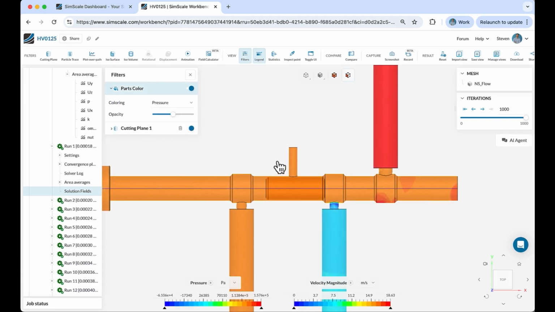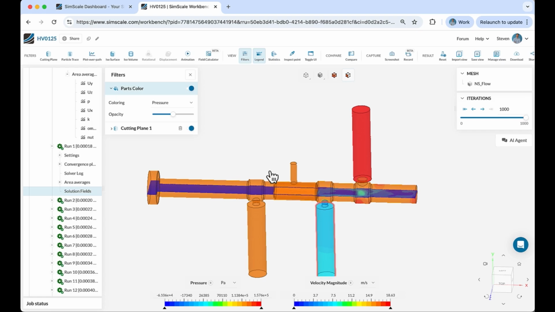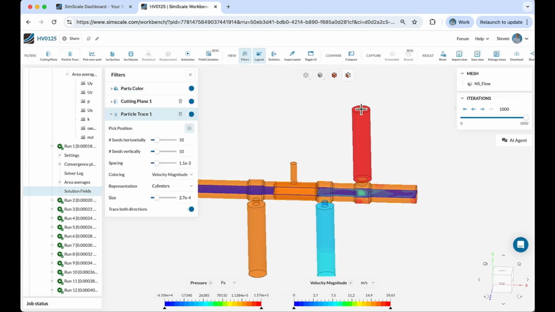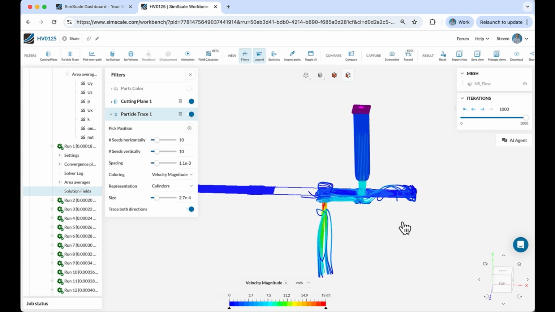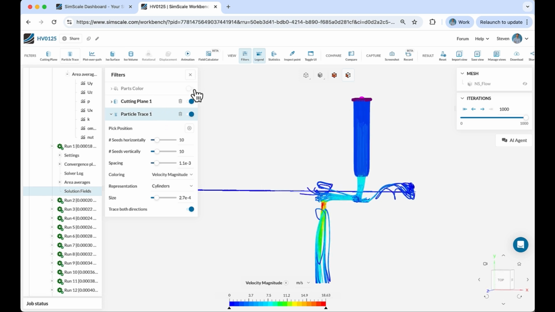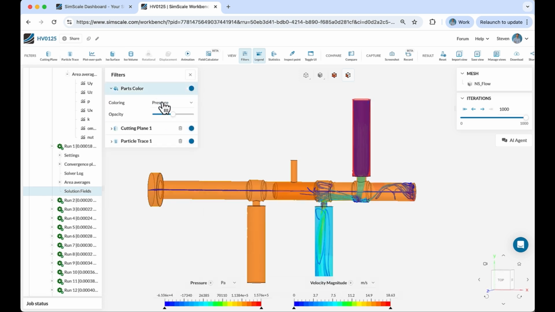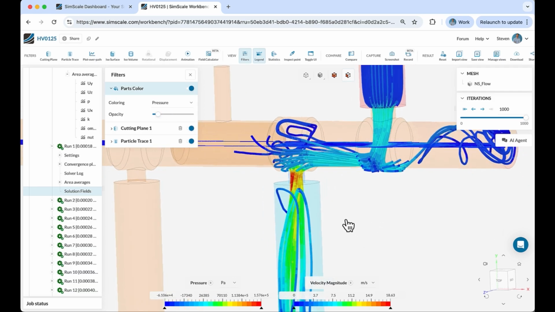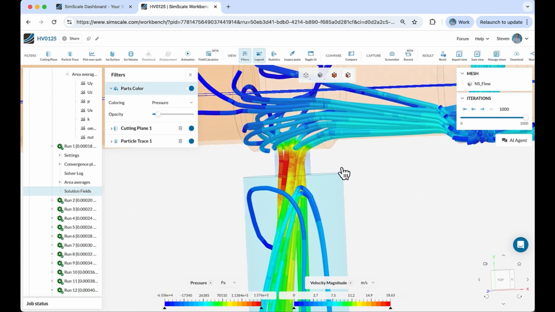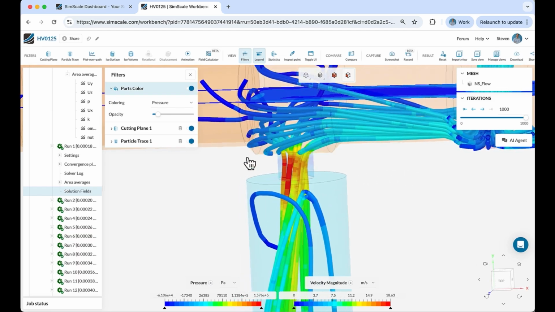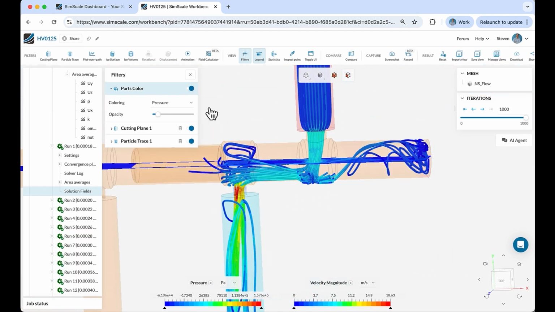So just having a look at the performance of this valve, we can have a quick check on the flow. And we can see that the ports that were used on this valve do constrict the flow quite considerably. We can see that using the flow lines here. We can see there's quite a constriction through that port. So in a future design, we may want to open these ports up if we want to use a higher flow rate, for example.